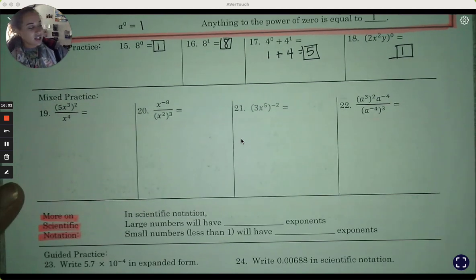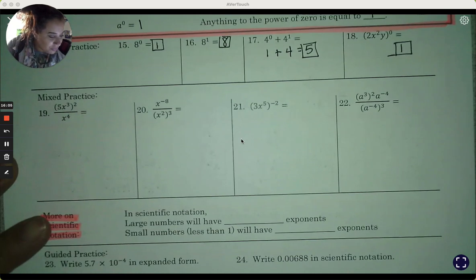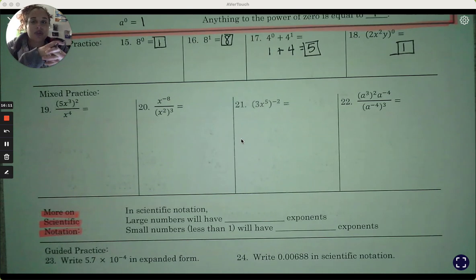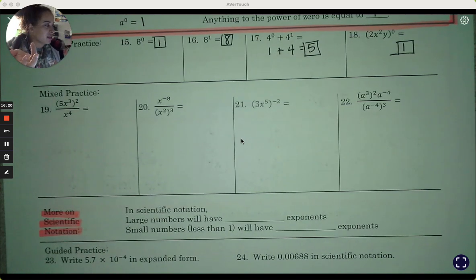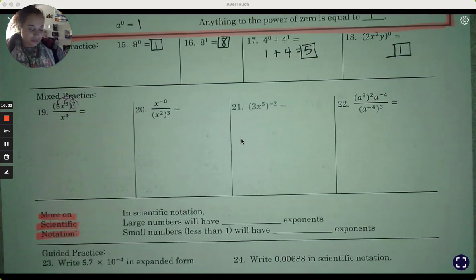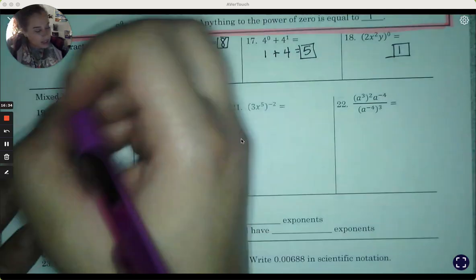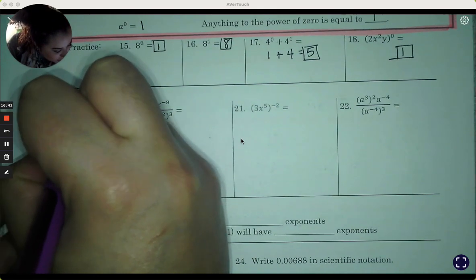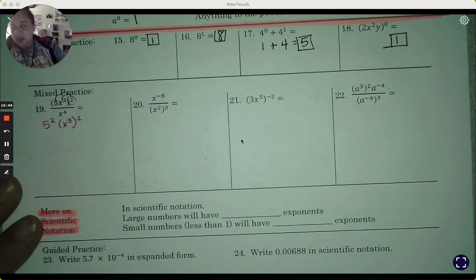All right, so let's go ahead and look. First things first. Looking at question number 19, the first thing I notice is that we have like a combined thing on top. So I want to simplify what's on top before I even try to do anything with the denominator. So I notice that we have a product of powers, or power of a product, whichever way you want to. I know I'm going to be multiplying by 2, okay, because I have a squared here, and I want to square everything on the top. All right, so I'm going to end up with a 5 squared and an x cubed, and I want to square it. My denominator stays the same,